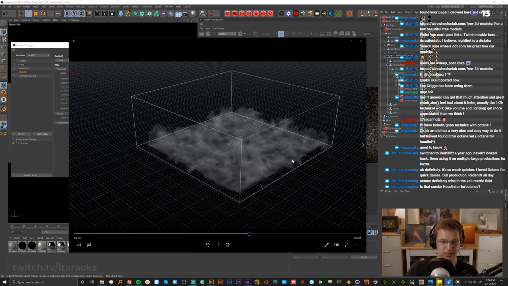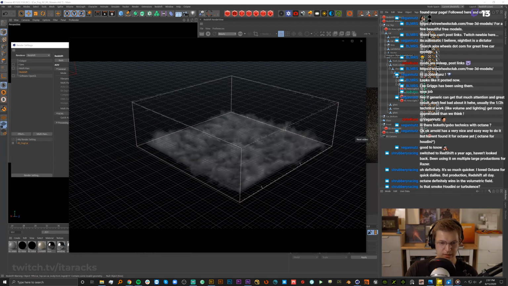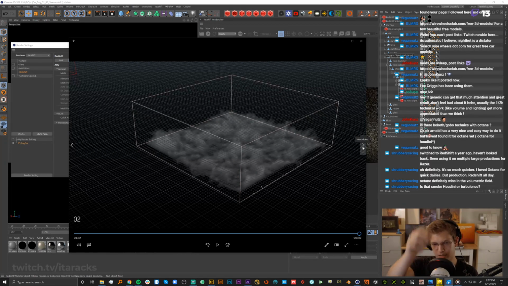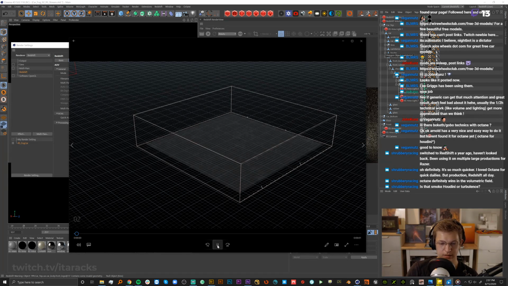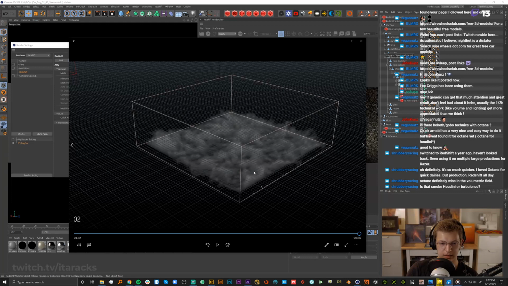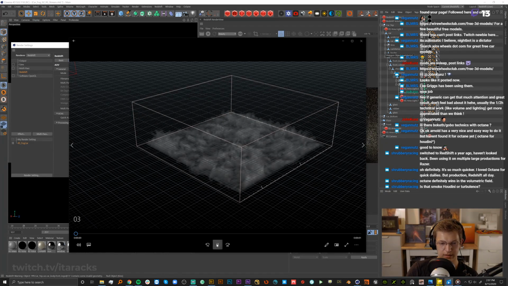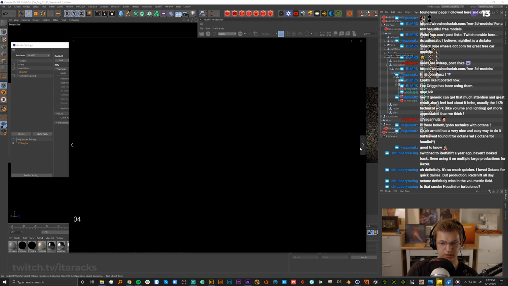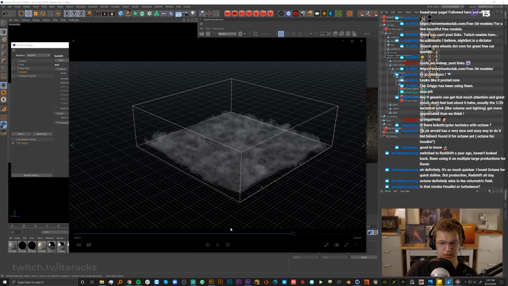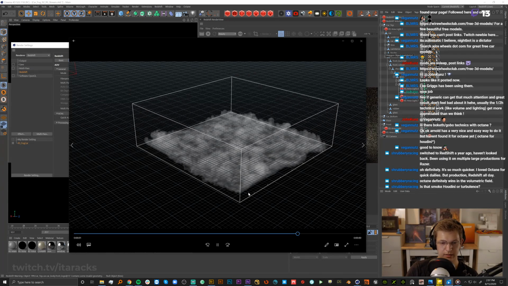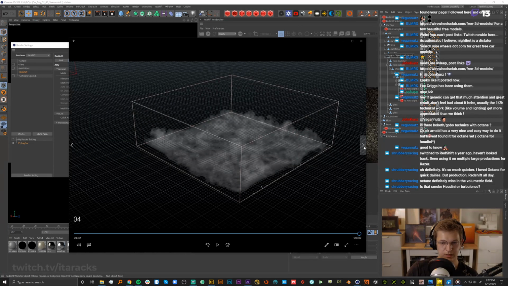So this was the first pass at it, and I was like, this is okay. It's not exactly what I wanted. I wanted to go a little bit slower because that was picking up speed really fast. So this was the next idea, and it definitely grows a lot slower in its velocity. And then these were a couple of tests trying to fine tune the resolution of the sim. And then this was an up-res, so between this guy, which was a little bit fuzzier, and